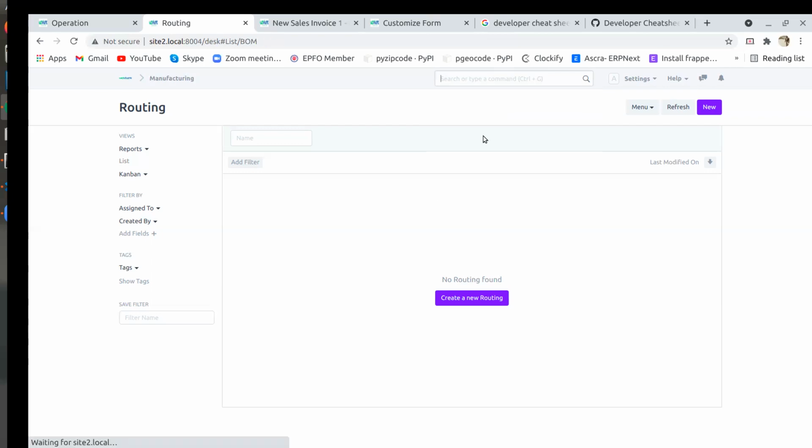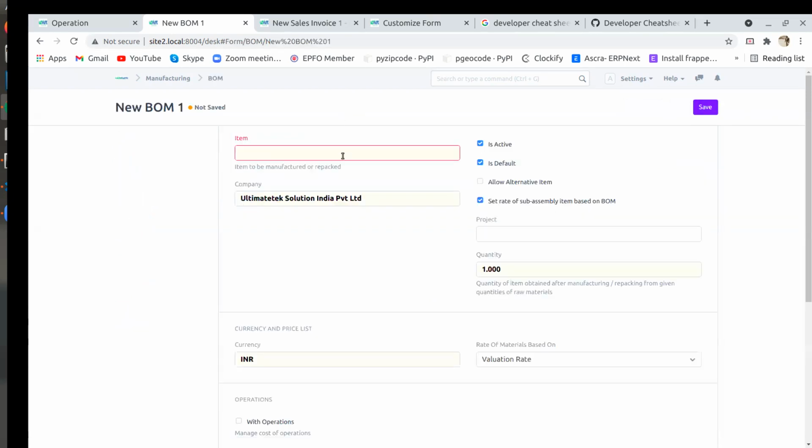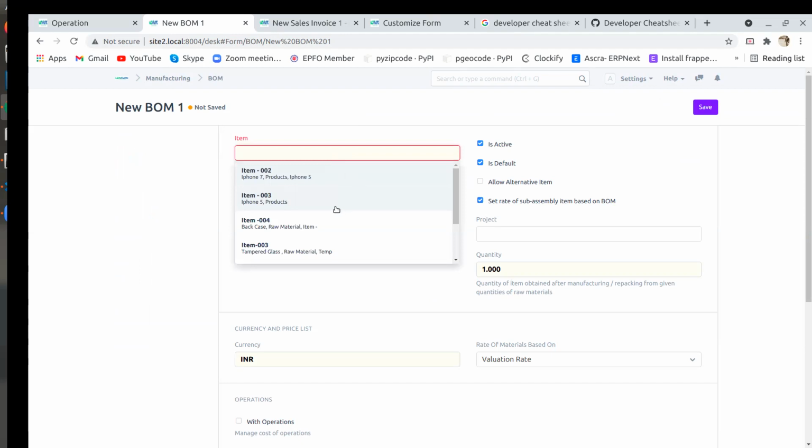Sure. To create a bill of material, the only thing is we have to go to the bill of material screen, click the new button over there, and you can select the product from the product list. So here I want to ask whether this BOM is related to manufacturing or to inventory transaction. No, this is actually not related. It will not affect anything, but it is a kind of document creation, that's it. So this is the document creation that we can use in inventory transactions also. Yes, you can use that.